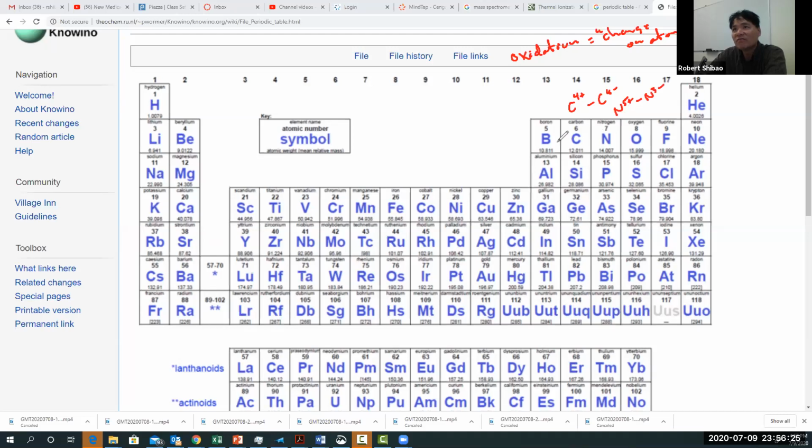So if it goes 5 plus, then it ends up with 2. If it goes 3 minus, it ends up with 10. And so nitrogen can go either way, but it's probably easier to gain 3 than to lose 5. Oxygen's the same kind of thing. It can gain 2 or lose 6